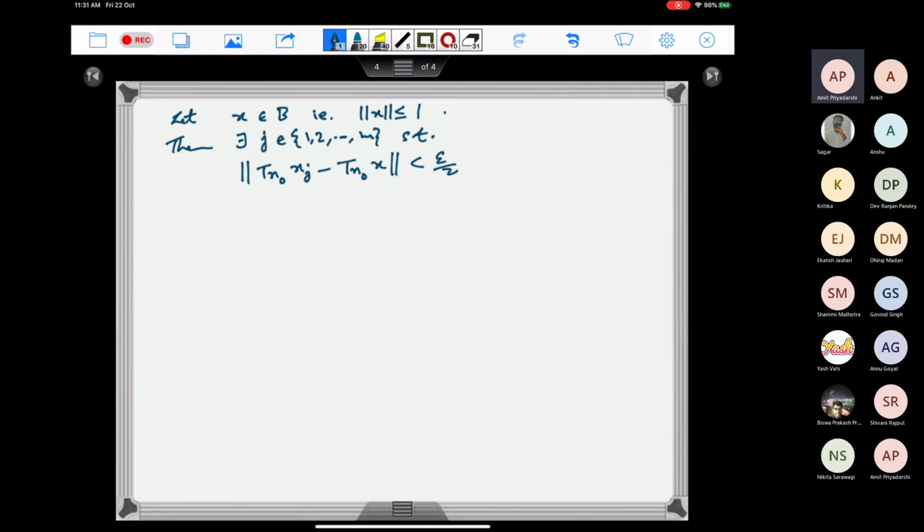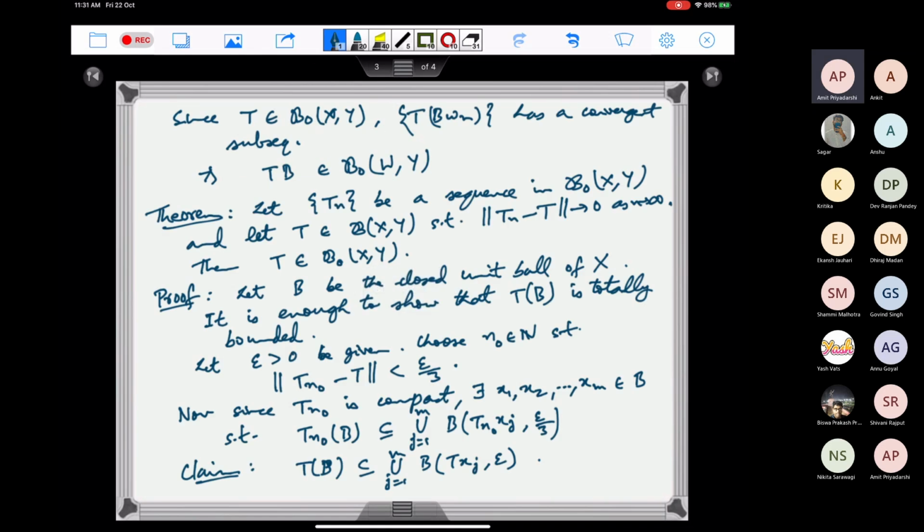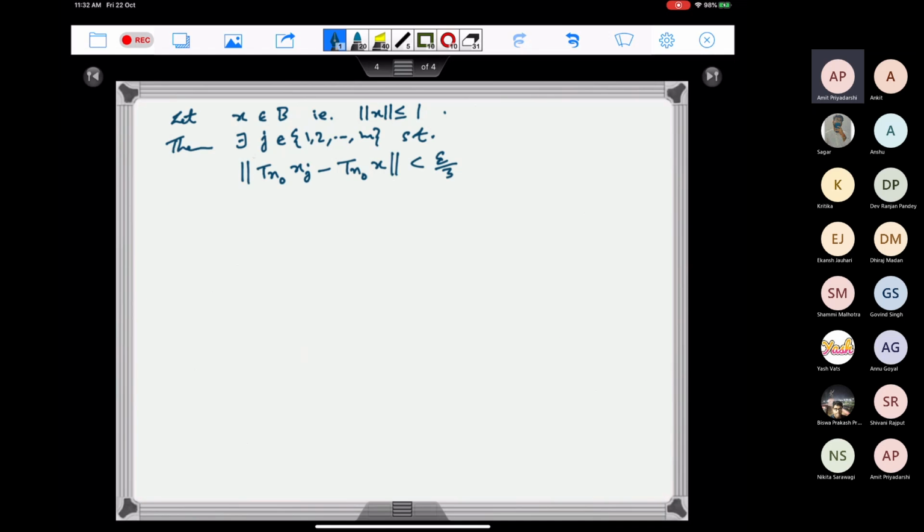Right, because T_{n0} of B is contained in this union, and I'm taking x from B, so T_{n0} of x is in this union. So there is some j such that T_{n0} of x belongs to this ball of radius epsilon by 3 centered at T_{n0} xj. So that is what I am writing: the norm of T_{n0} of xj minus T_{n0} of x is less than epsilon by 3. So now for this j,